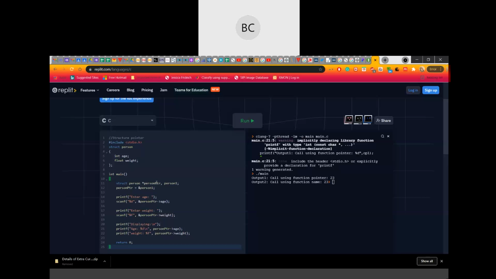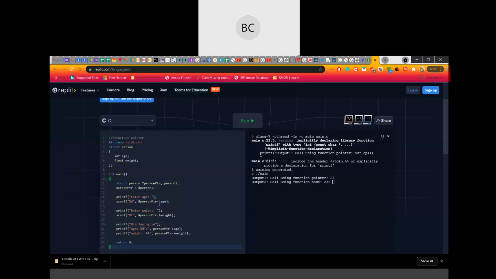So this is a structure pointer and person is just a normal variable. Then I store the address of this variable into the structure pointer. In case of structure, just remember to access the members, you have to use this arrow symbol.